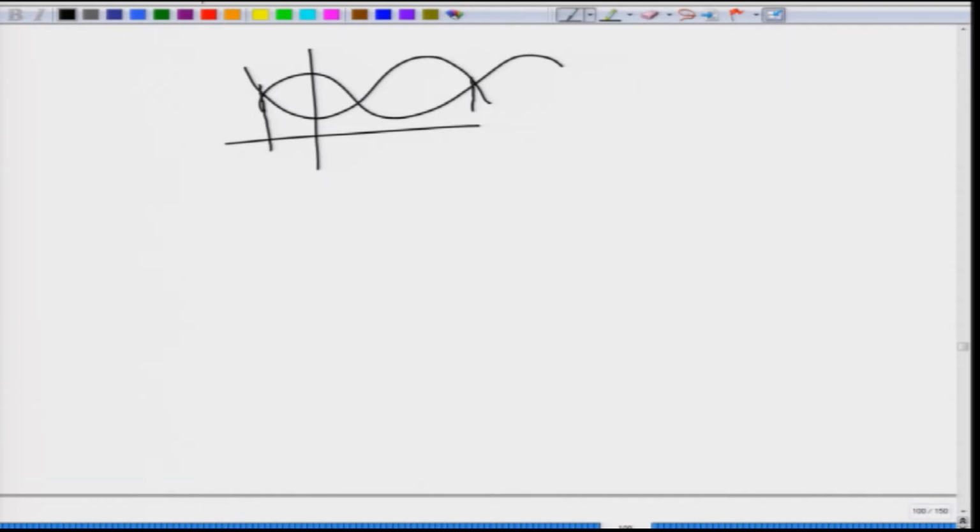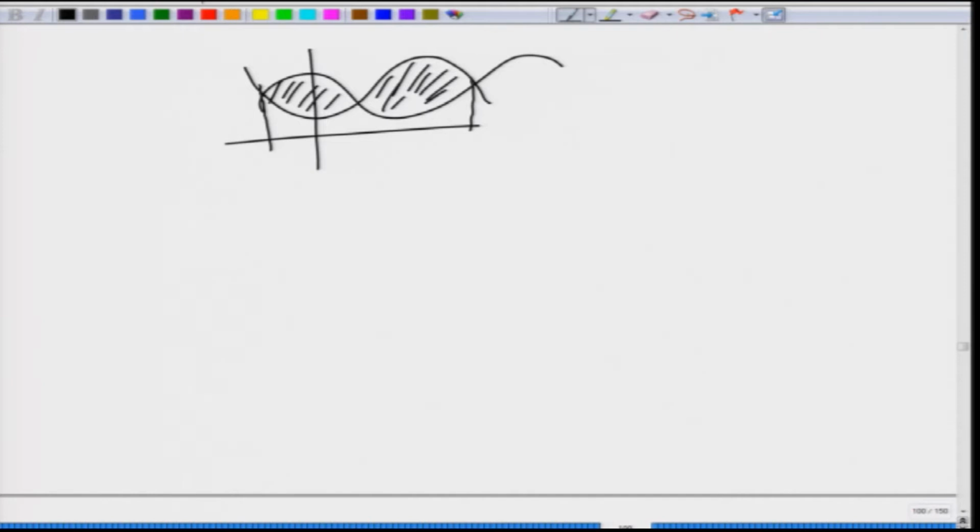Okay, so today we are going to discuss how to find the area enclosed by two curves. Suppose, for example, we have some curve something like this, and then another curve which is like this. Suppose we want to calculate the area between these curves. This is the area we would like to find out.